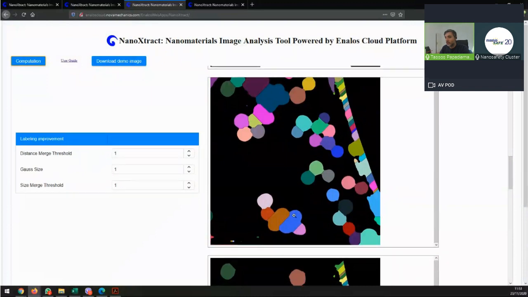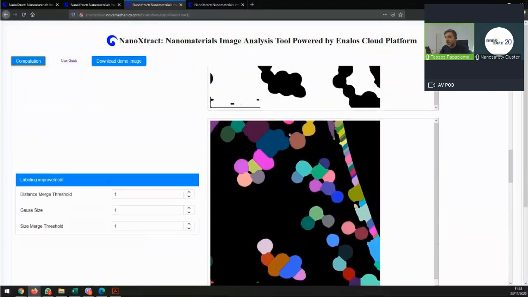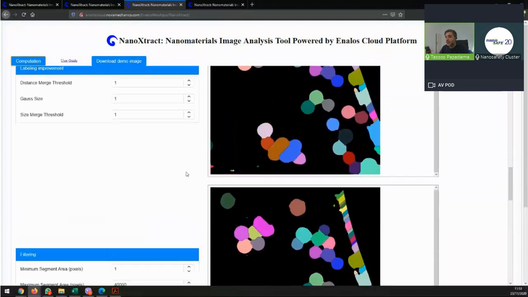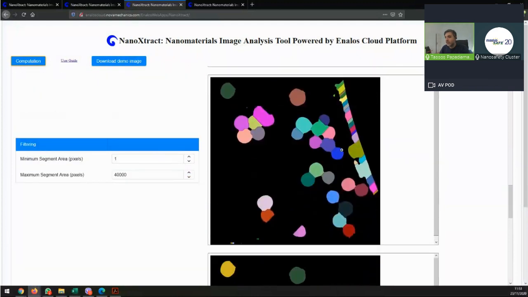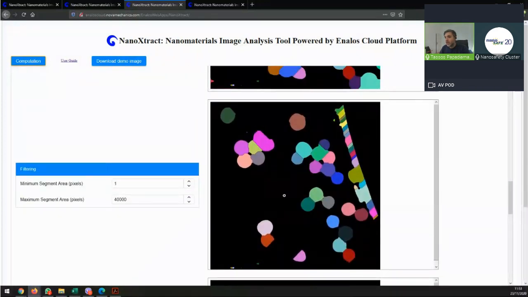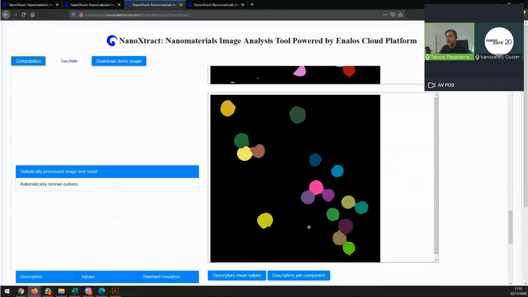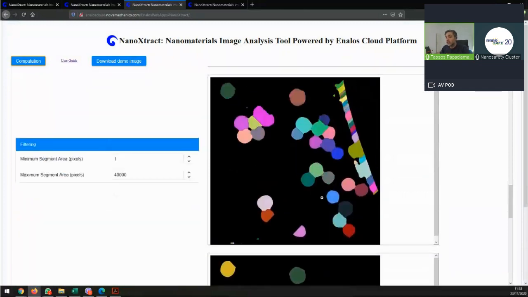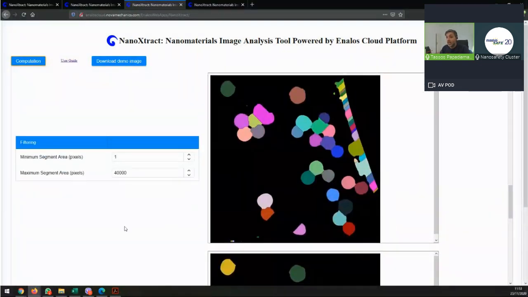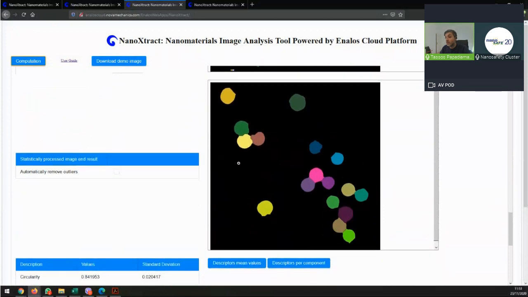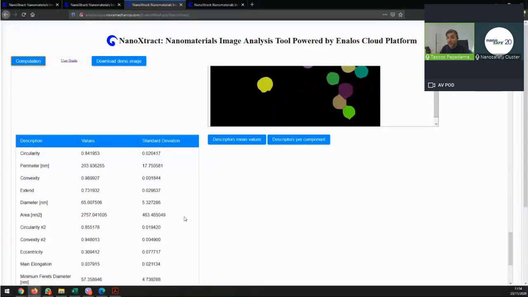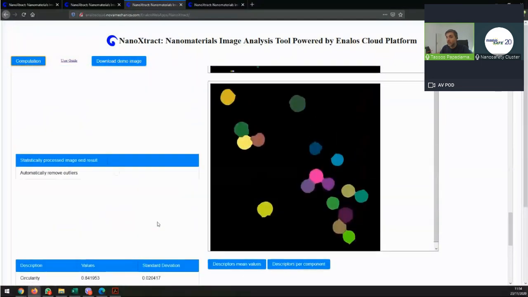You have a lot of aggregations and so on, and eventually, by playing with the values, we have managed to create a decent splitting. Again, you see the artifact here, but when it comes down to the final image, all of these things that don't make sense have been filtered, and we are left with around 20 nanomaterials, and then we get the results that we need.